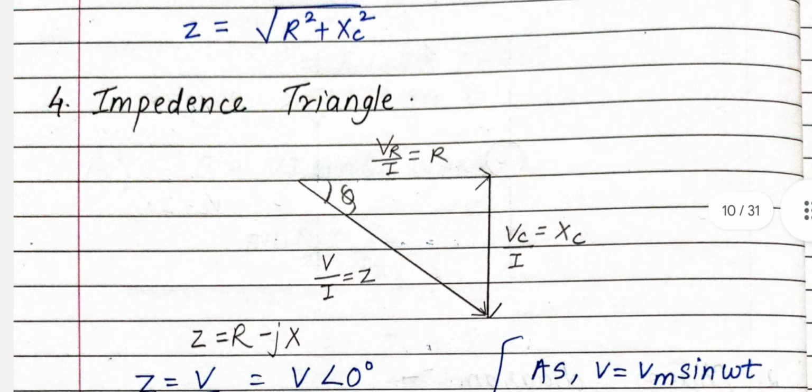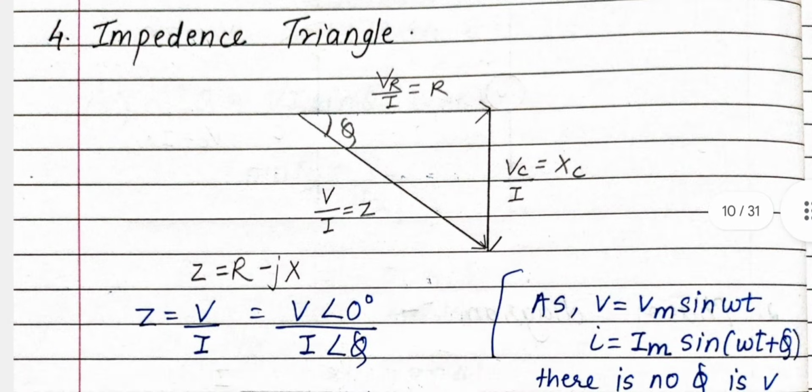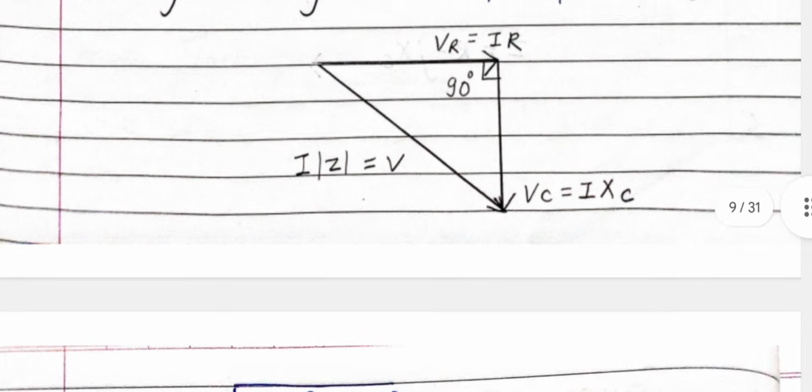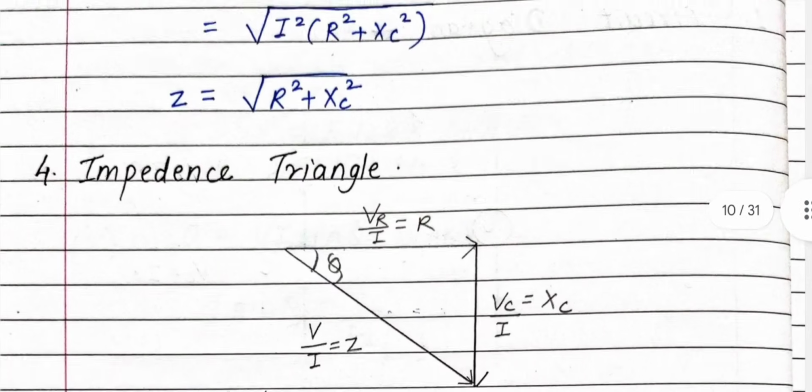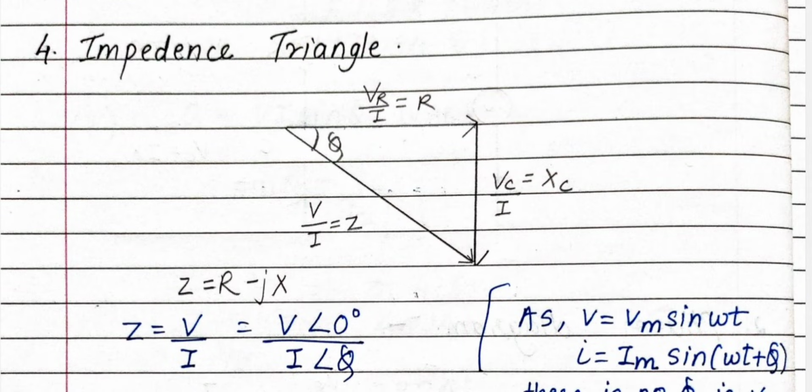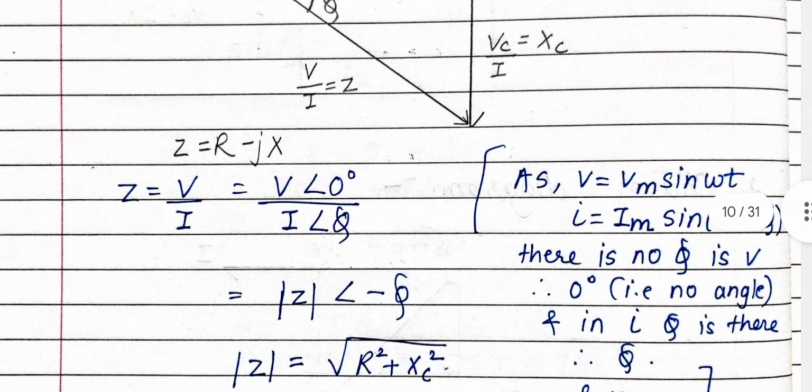Only this much you have to write in your voltage triangle, and then for the impedance triangle, same technique, you have to write the equation in the division format of current. So you have to just divide the whole equation, these equations which I have shown you in the voltage triangle, with I, and you will get it like this. And what you have to write over here, I will let you know.